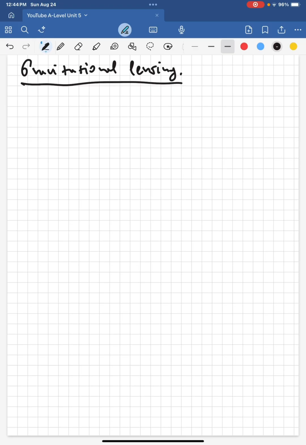Which is a phenomenon observed because massive objects bend space-time. So what even is space-time? I'm not going to get into the details of this because it's a hypothetical construct that has real effects in what we observe in the universe. So think